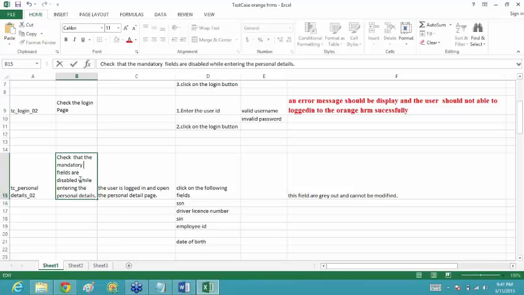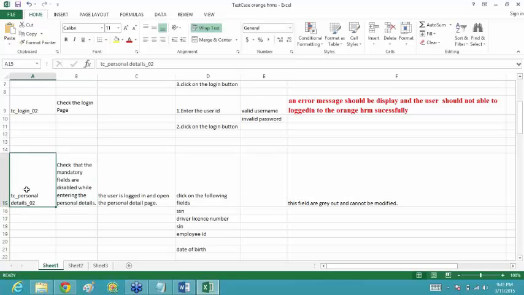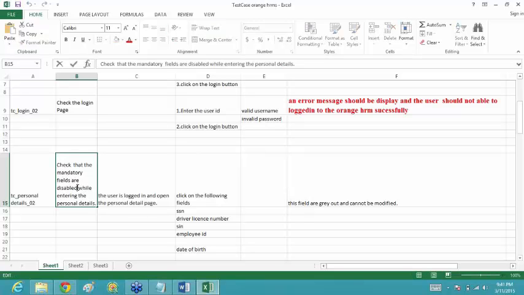But we don't need to write that while entering the personal details, because if you are writing the test case ID for the personal details, this means that you are checking for the personal details form. So this is optional, I would say. If you want to write it, it is not required, but it is not wrong either.